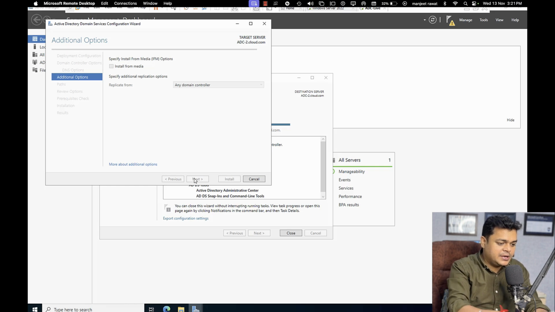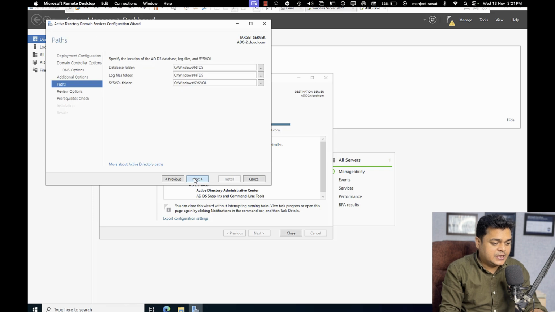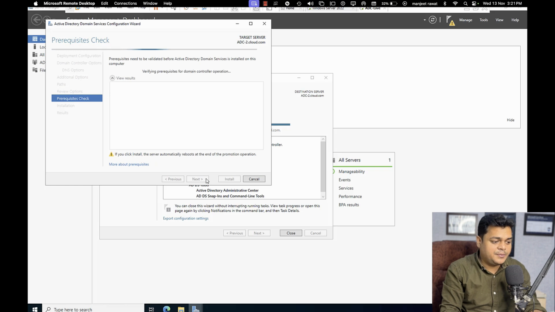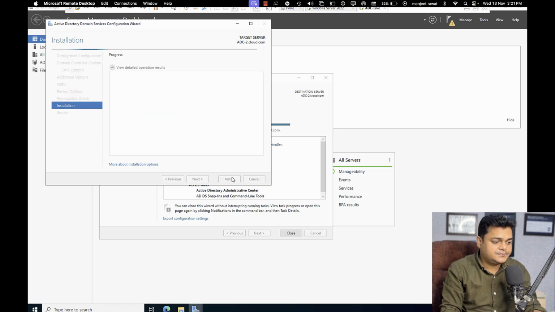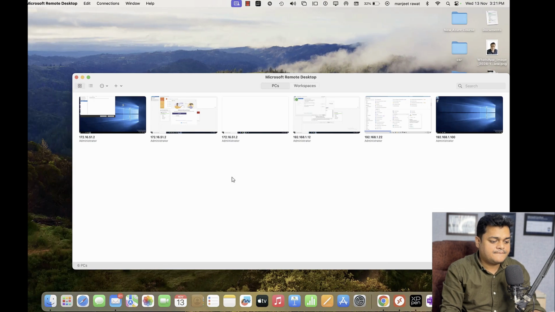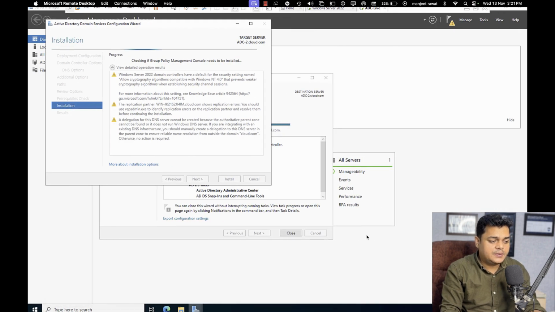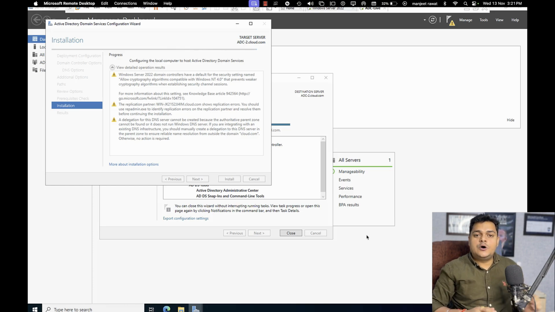Definitely, I want to create our additional domain controller with the DNS and GC features. I want to make it a GC. We'll talk about the RODC, and in which case we need to establish an RODC. Click next, next. It will identify the files from our existing environment. Next, all the folders are created automatically. Next, install. Guys, these are all the steps required to